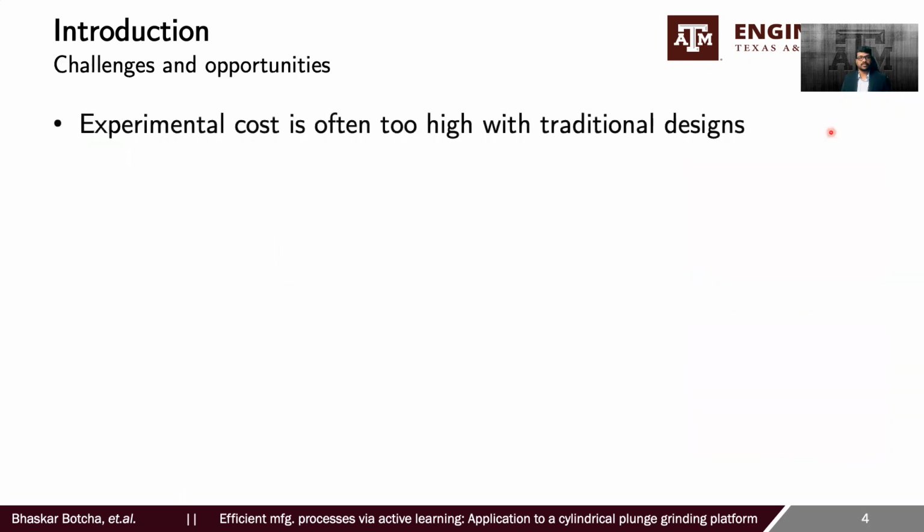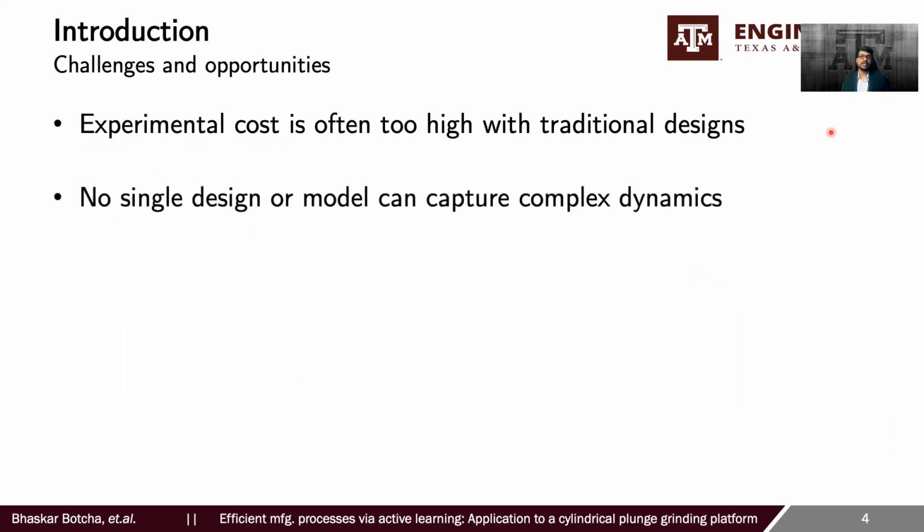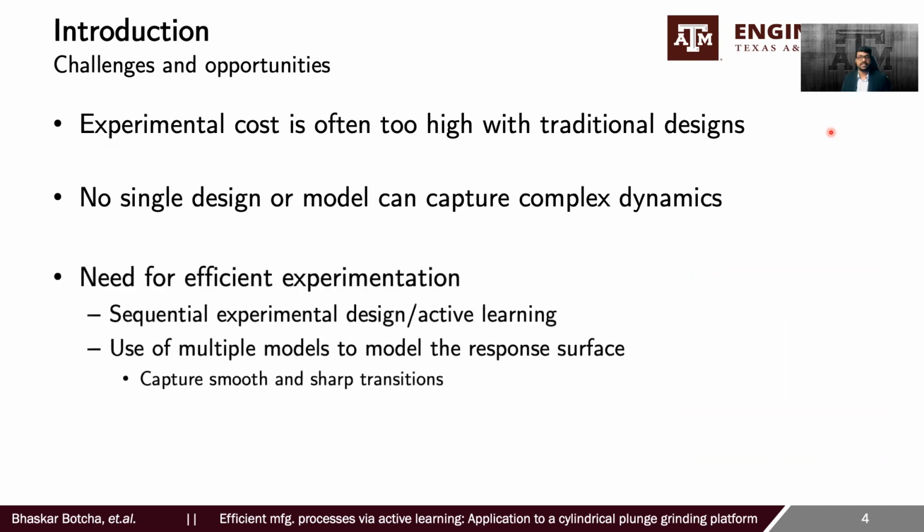So what are the challenges here? The experimental cost involved in these procedures is often too high with traditional designs, and no single design or model can capture all these complex dynamics of a manufacturing process. So there is a need for efficient experimentation. So what we went for is a sequential experimental design or an active learning framework where we use multiple models to model the response surface to capture all these smooth and sharp transitions which are very typical of manufacturing